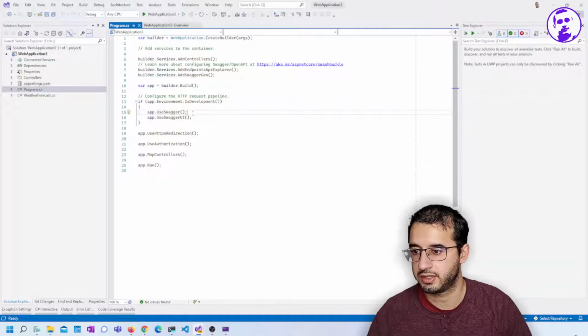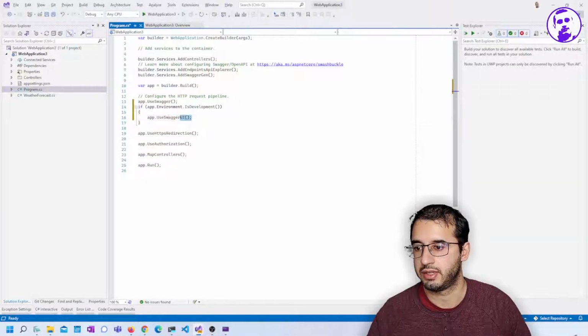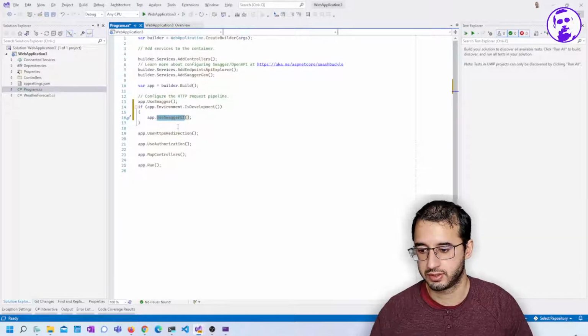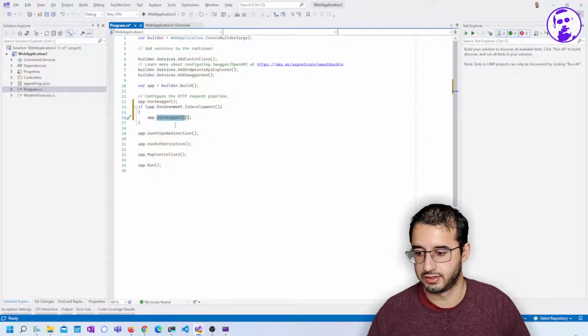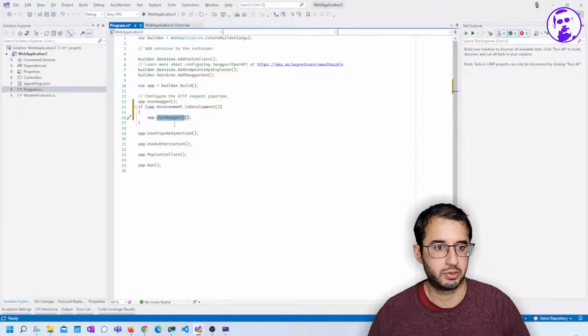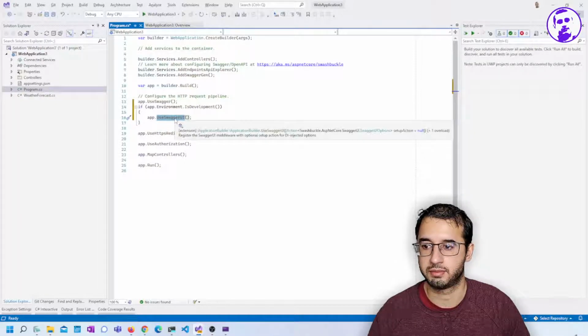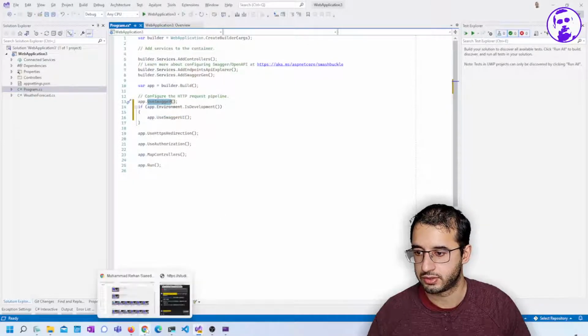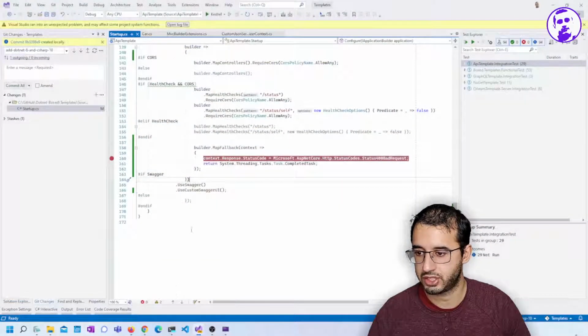What I would have expected is this. So use Swagger generates the Swagger JSON file that is machine readable. The Swagger UI generates the web page. Now in development time, you want both, but in production, you probably don't want the Swagger UI because it can be a security risk. What you can do instead is have a Swagger page, HTML page elsewhere, and have that point to your Swagger JSON file generated by this guy here. So yeah, if I make that change on my code,